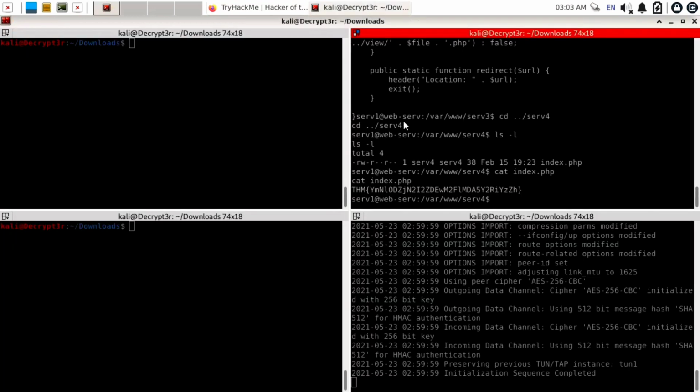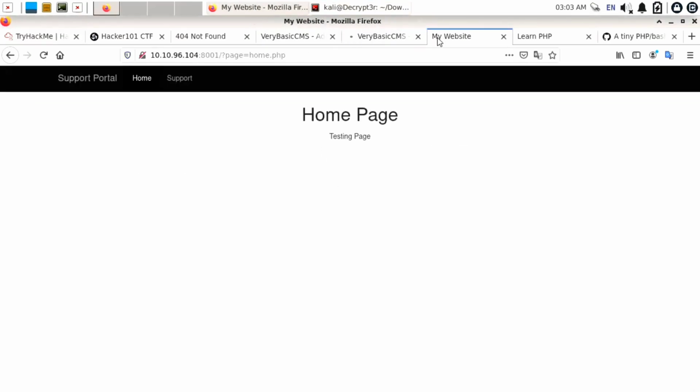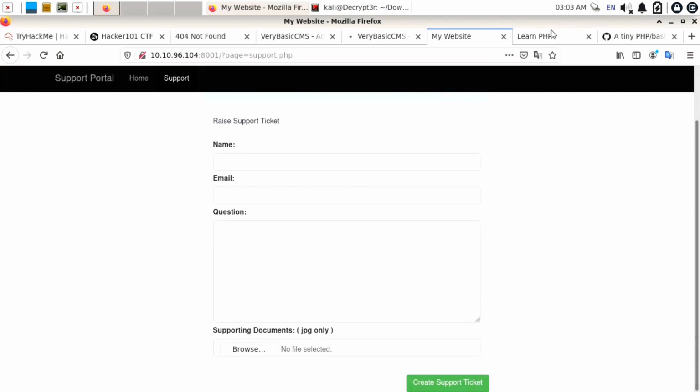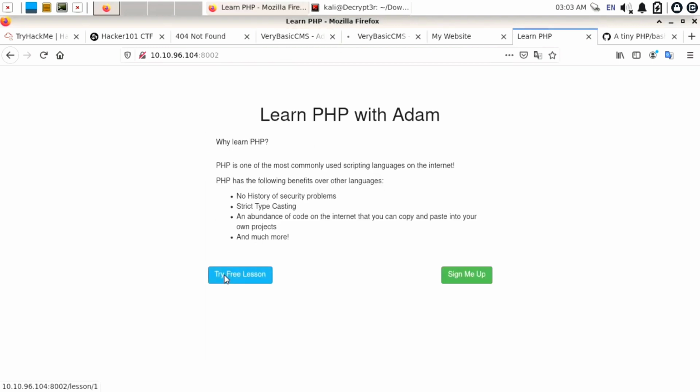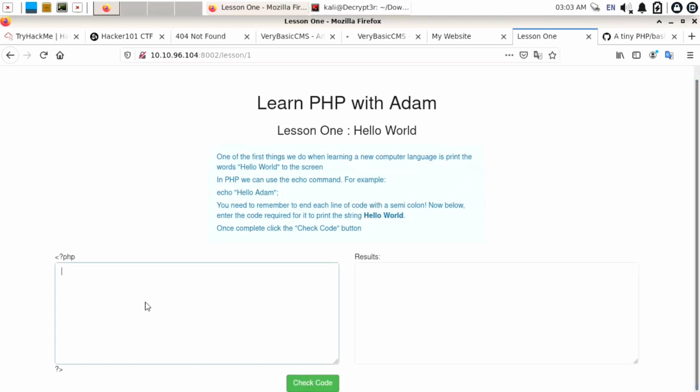Now open the terminal again. Let's try to find flag 2. For that, what we can do is open a web browser. Let's visit another website. We already analyzed port 8000. Let's analyze port 8001. There is one option of support, and on 8002 there is an option of try free lessons. So click on try free lessons and you can see there is one option where you can easily inject